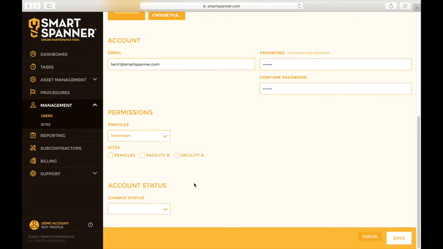I can also set permissions for each of the sites. So if this employee is only working at facility A and B, I can give him permission to only see this data. This helps reduce confusion by reducing the amount of data that this employee will see when they use Smartspanner. At the bottom of the page under Account Status, I can select the employee to be active, and this